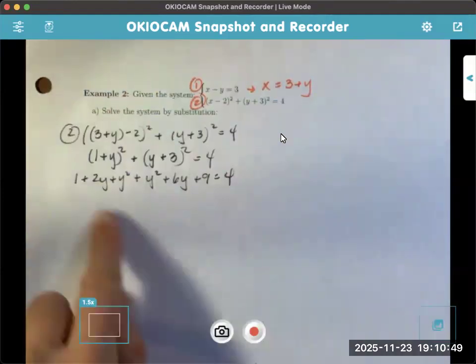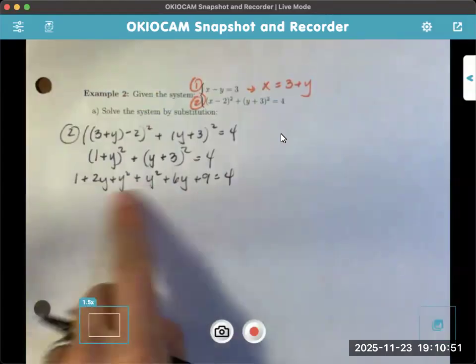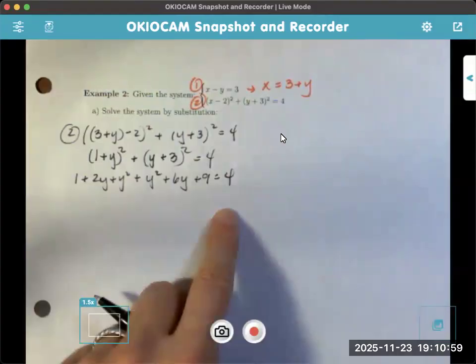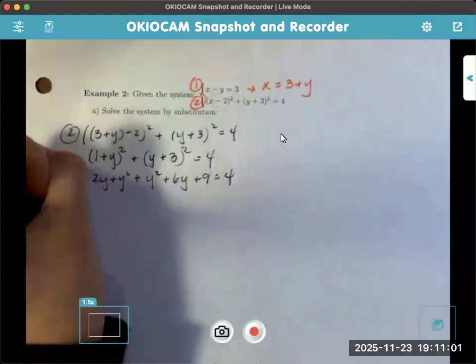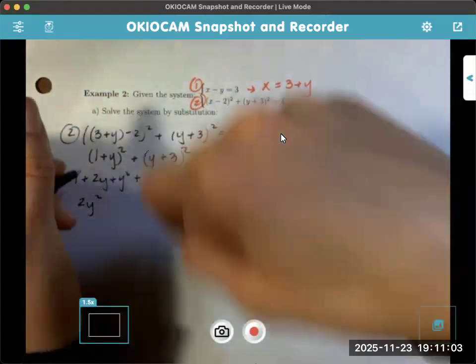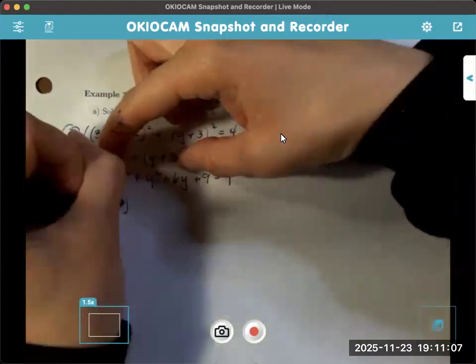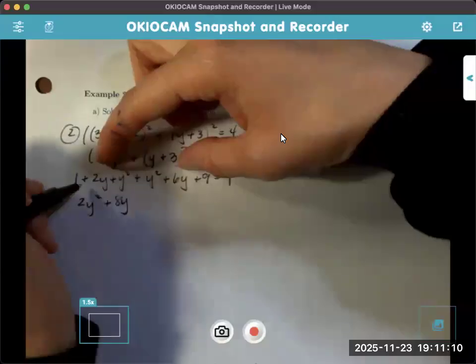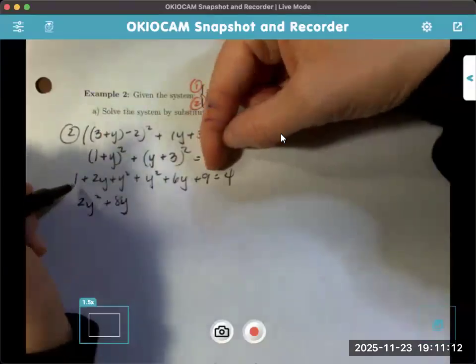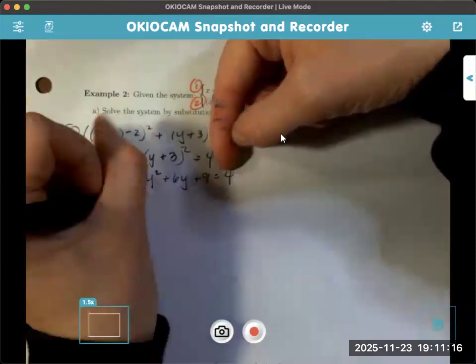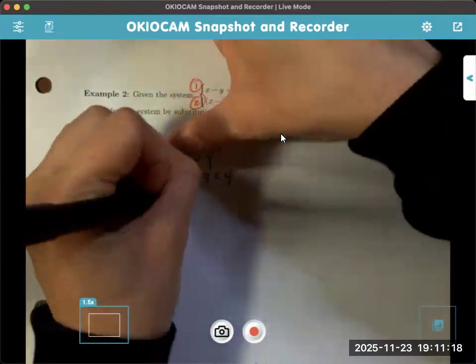Then again, this is just a quadratic. We're used to seeing it in terms of x, but we just have it in y, no big deal. And what do we love quadratics equal to? 0. So I'm going to combine all my like terms. So there's 2y squared, and then 2y plus 6y is 8y. And then I have 1 plus 9, which is 10, but subtract the 4, so that's the plus 6 equaling